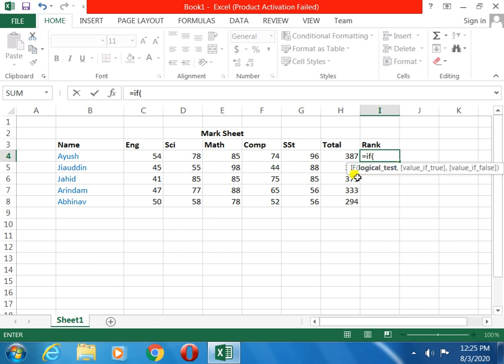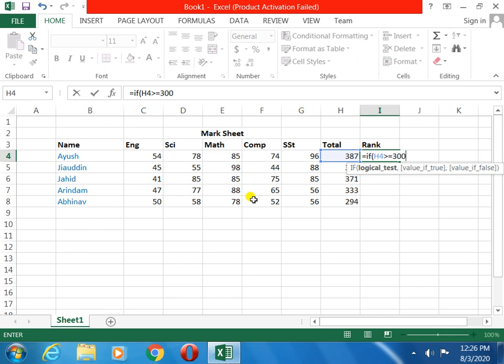From the condition I have given here, we will check these things. After that we will give the greater than, equal sign, then 300. I have given the condition that those who have more than 300 are pass, and below 300 fail.